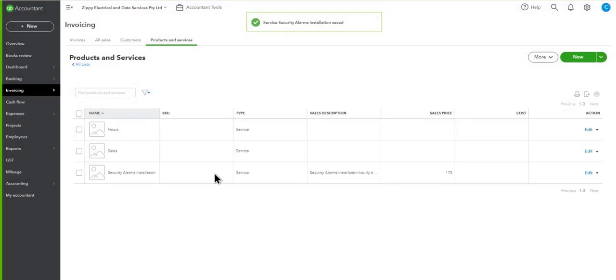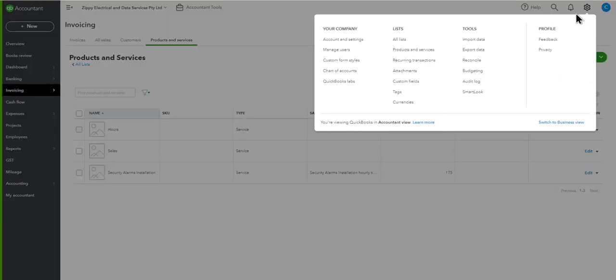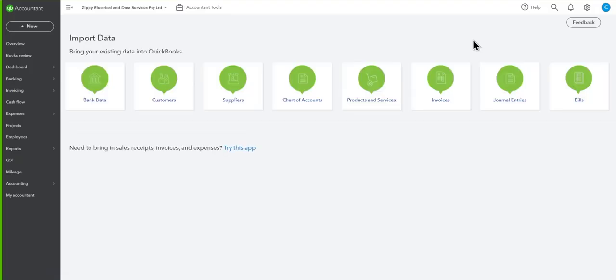And there you have it. So we have the hours and sales, and then we have the security alarms installation that we just added in manually. Now, for us to add in the other products and services with the import option, we're going to go to the gear icon. However, we could actually just choose this, but I want to go to the gear icon, import data,